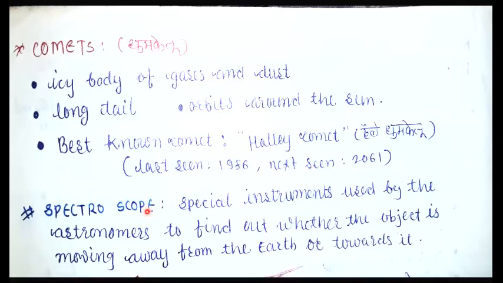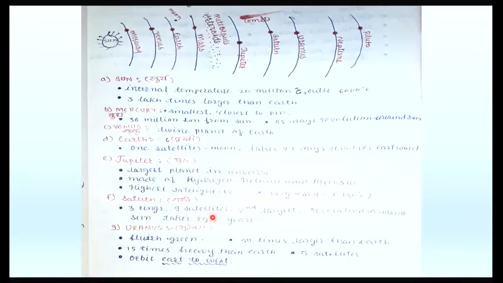Now spectroscope. Okay, this is a special instrument used by the astronomers to find out whether the object is moving away from the earth or towards it. Okay, तो ये एक स्कोप है जिससे हम अर्थ के सराउंड में जो वेरियस सेलेस्टियल बॉडीज हैं उनकी दिशा, उनकी गति माप सकते हैं. तो नेक्स्ट, आपको बताना चाहिए कि ये हमारा सोलर सिस्टम का एक